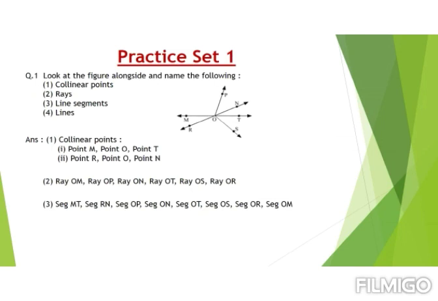So what are lines? A line is a set of dots in a straight line. It has an arrow and it can be extended from both the sides. So here, which lines have arrows from both the sides? So here, line MT and line RN. Based on this, we can solve more questions.